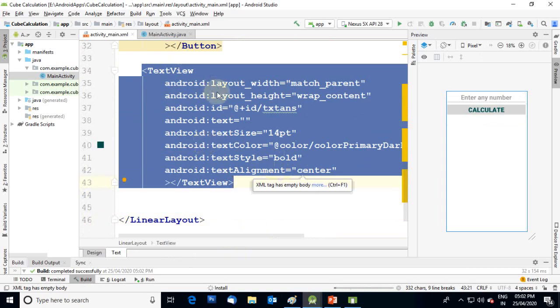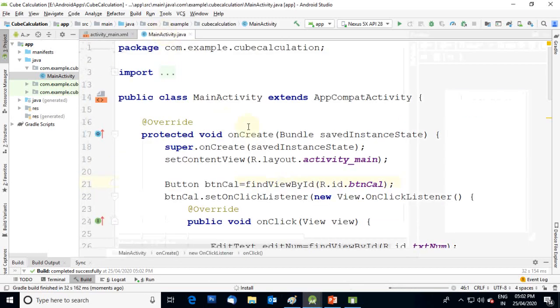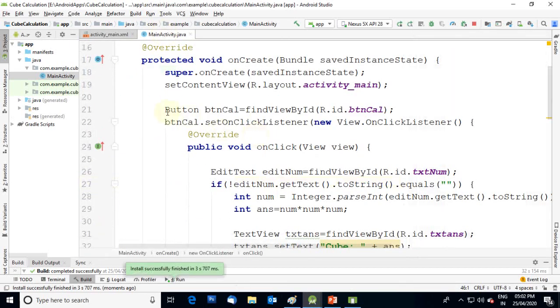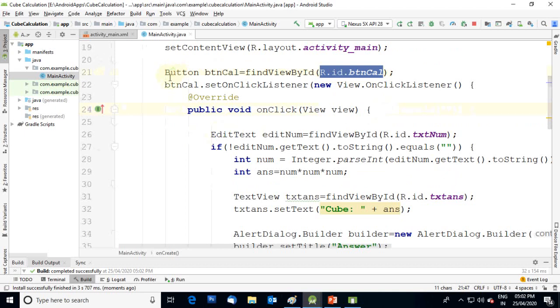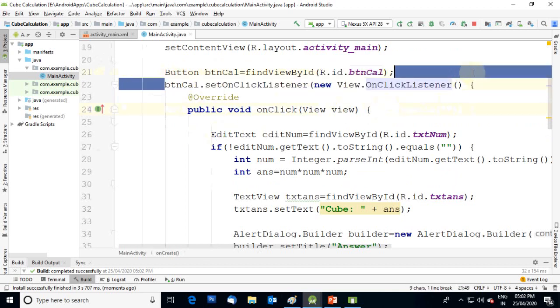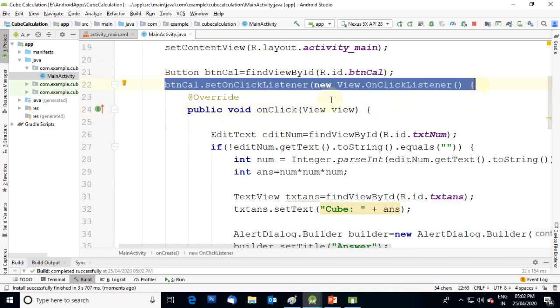So we are accessing that design here. For accessing the button, we have to create the object of the Button class, then findViewById is a function, and here you have to specify the id of that button. To add the click listener of that button, simply we have to call this function.